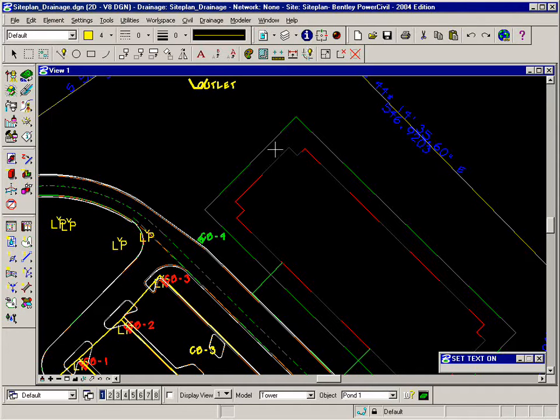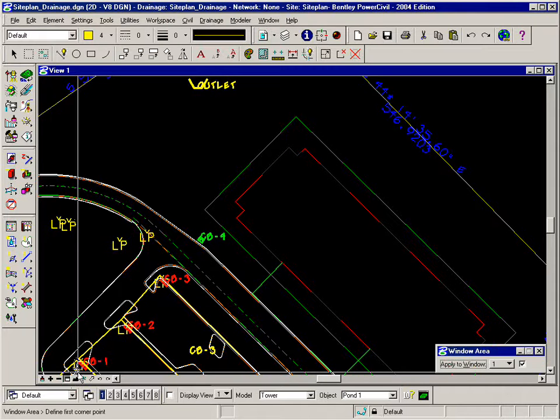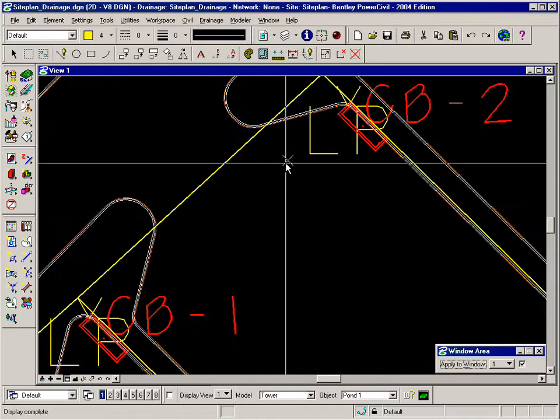Let's take a look at creating pipes or links in Geopack drainage. We're going to connect catch basins 1, 2, 3, 4 and the outlet. We're going to connect those up with pipes. So go ahead and zoom in on catch basin 1 to catch basin 2, and we'll place a pipe